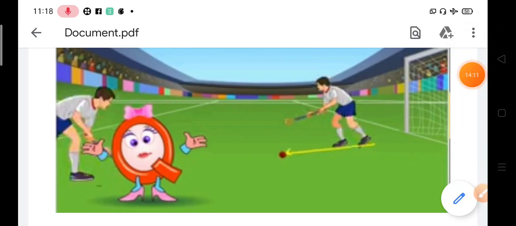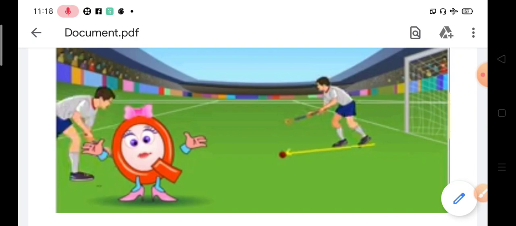Now next is the types of forces. Here you can see the types of forces. Forces are of three types. We will discuss over here three types of forces. The first ones: gravitational, electrostatic and magnetic. These three types of forces come under one particular heading that we call non-contact forces, because in this two objects are not in contact with each other.